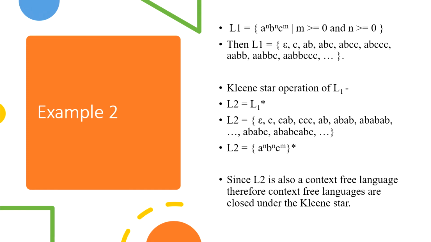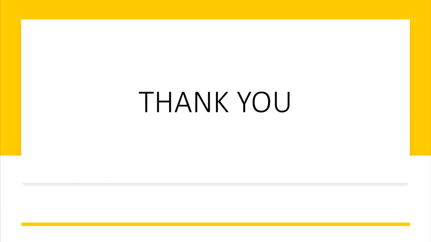So far we have discussed many examples in the union property, in the concatenation property, and in the Kleene star property, and we have seen how, after deriving a third language or a second language by performing the required operation, we get a context-free language in return. And so in these slides I have basically shown how context-free languages are closed under the union property, concatenation property, and Kleene star property. And I hope that you learned something new today. And thank you.